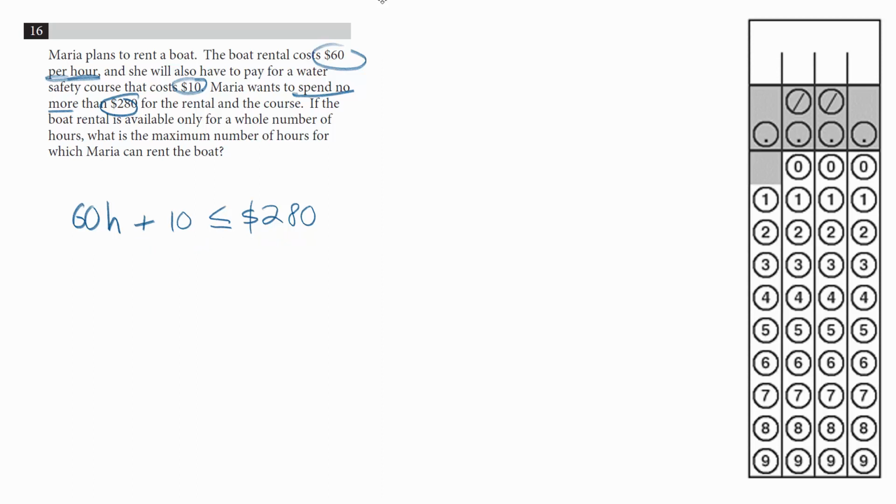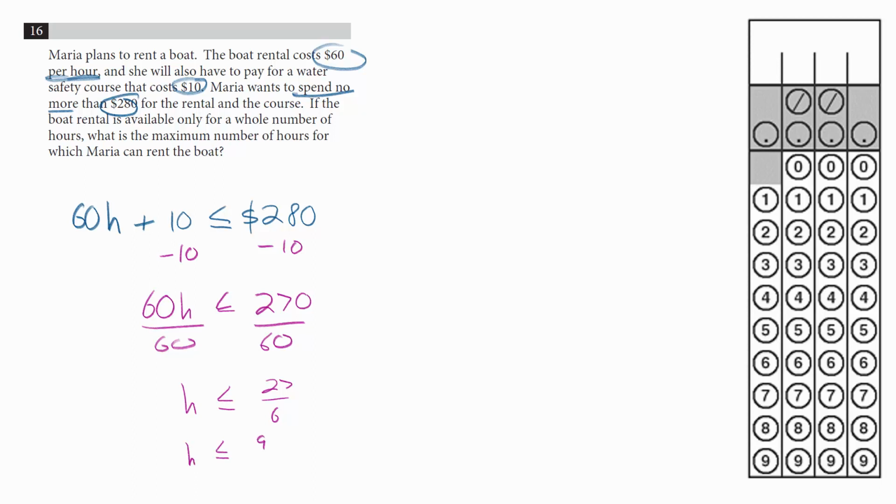So for this, we're going to subtract 10 from both sides. So we get 60h is less than or equal to 270. And now we divide both sides by 60. This can simplify to h is less than or equal to 27 over 6. And 27 over 6 simplifies to 9 over 2, which is equal to 4.5. So as long as she spends less than or equal to 4.5,